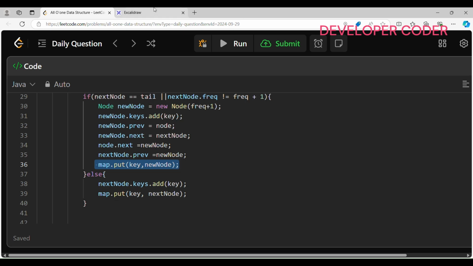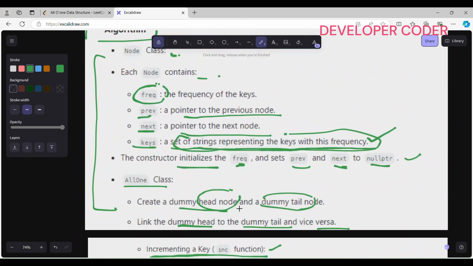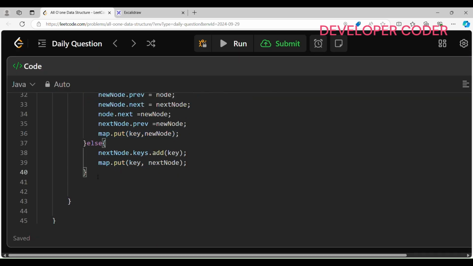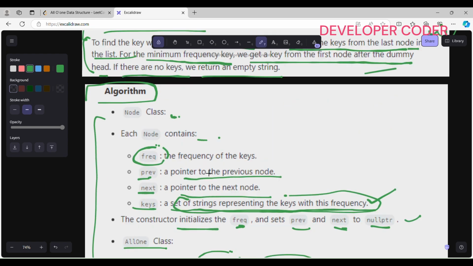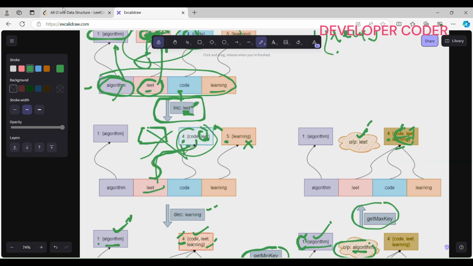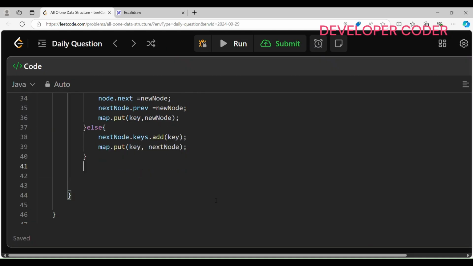Okay, now here the next line: if the current node has no keys left, remove it. So here I will check now. I have to remove this red color box, right? No keys left for this red color box, so I have to remove it, right? There is nothing here. So here I'm just going to write if